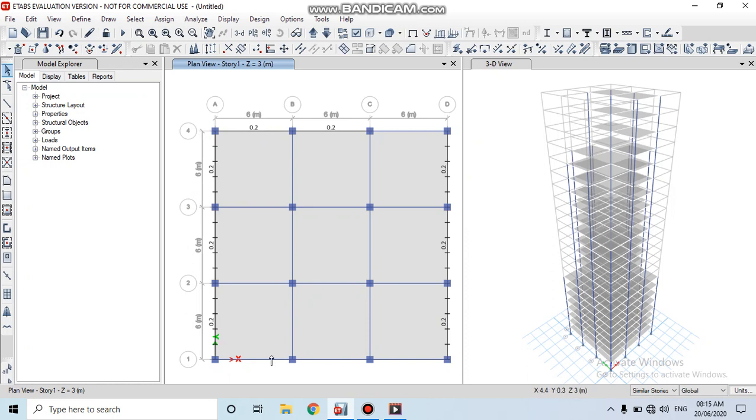So the remaining portion, the CAD link loads are not applied properly. So again I'm going to apply the CAD link loads. So again the exterior beams are to be selected.